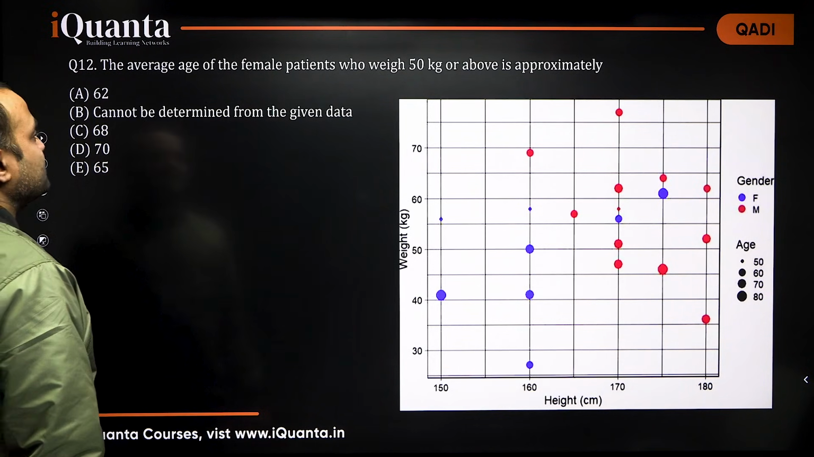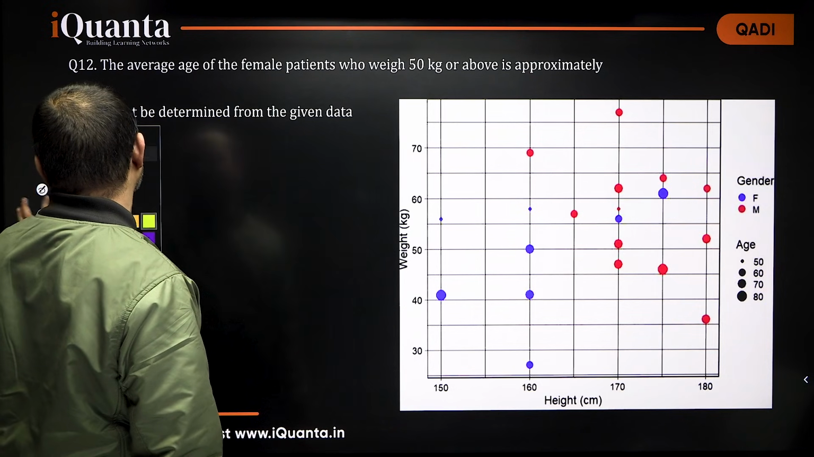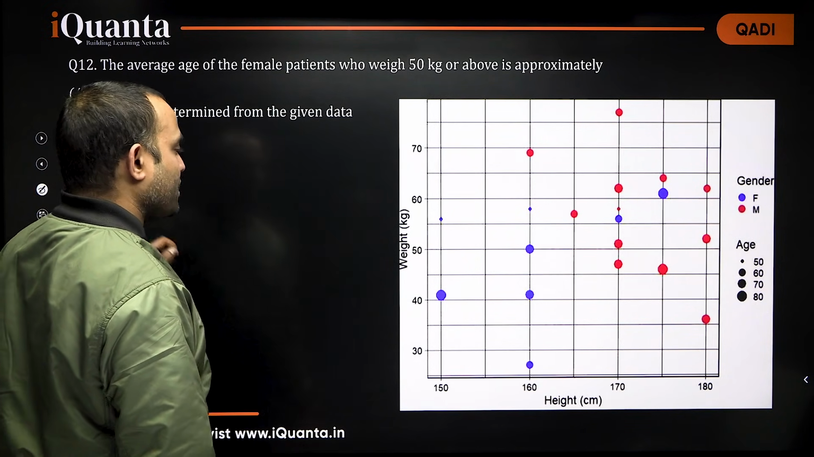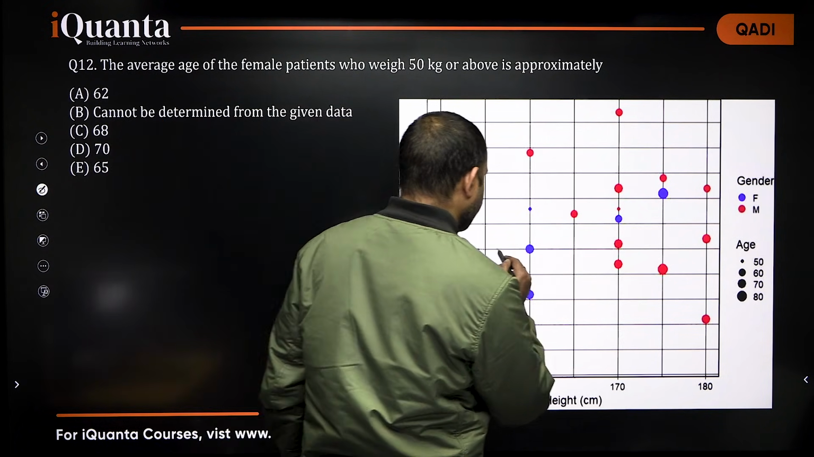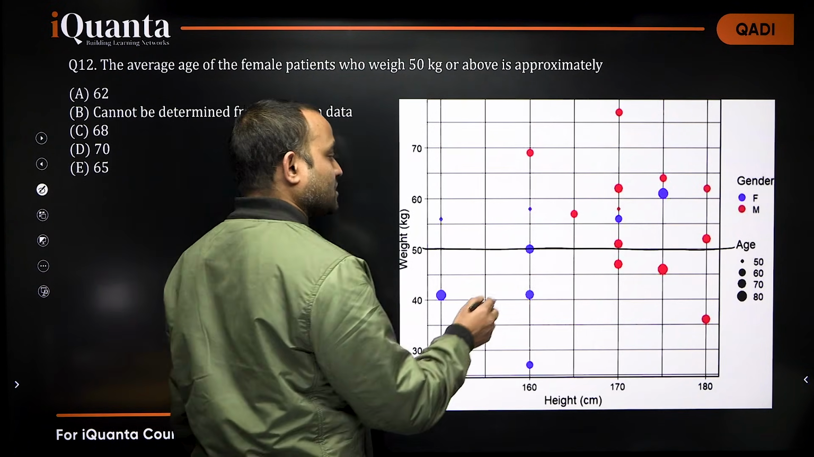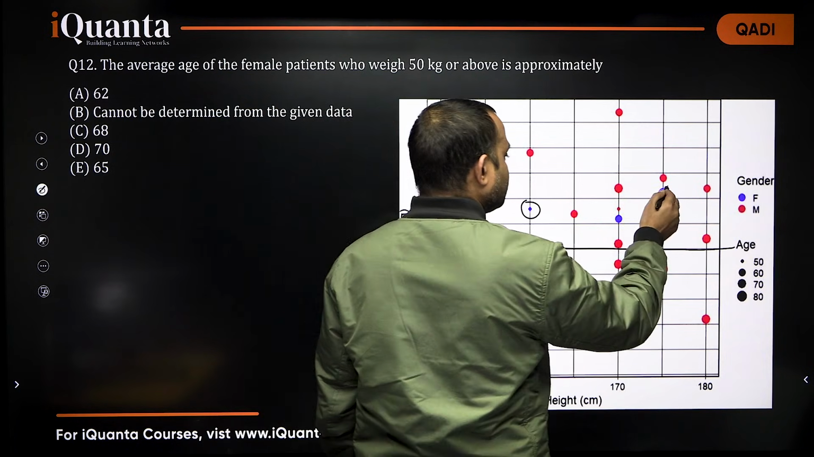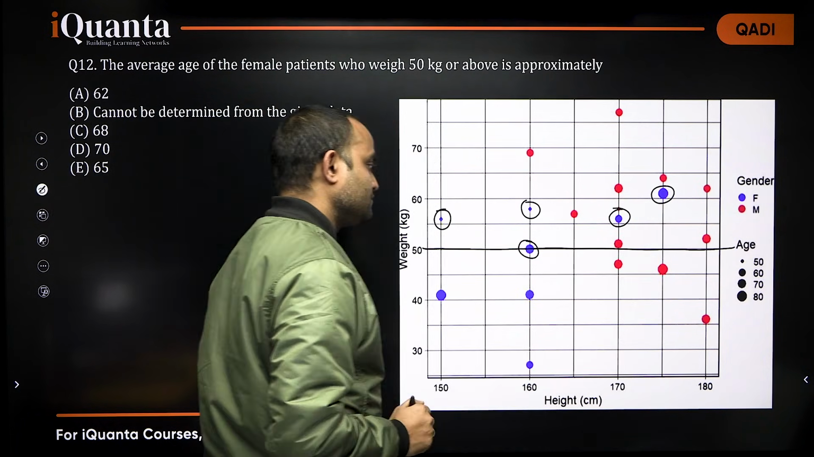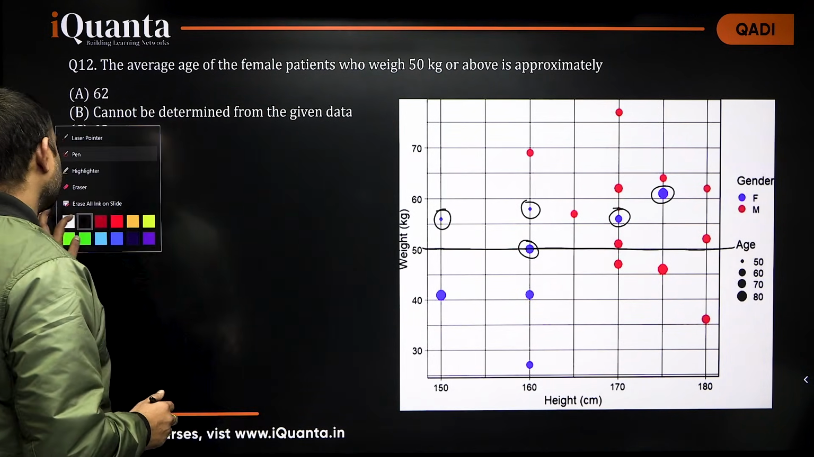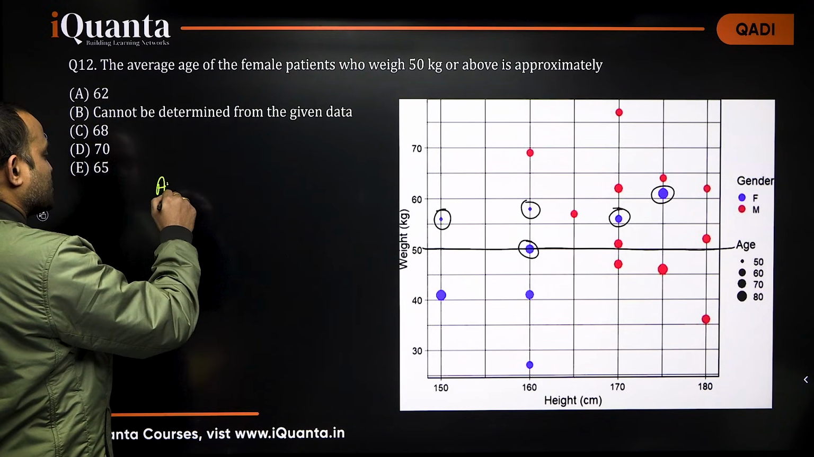The average age of the female patients who weigh 50 kg or above is approximately... So let's put 50 kg barrier here. All the females, so we are talking about blue dots, this one, this one, this one, this one and this one. So there are 5 females with the weight 50 kg or above. So average